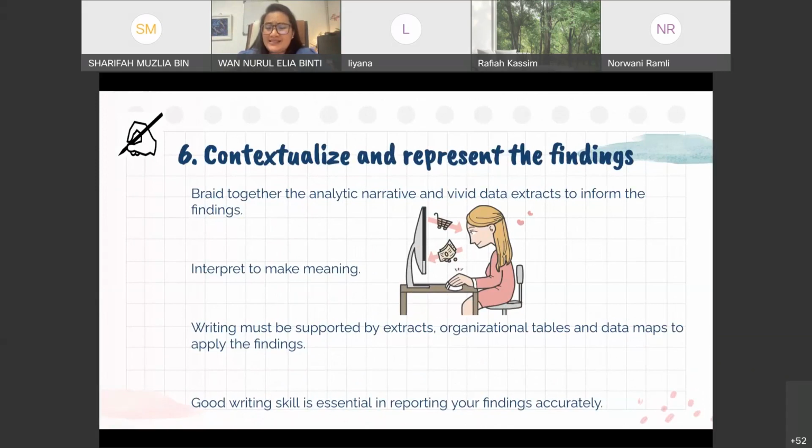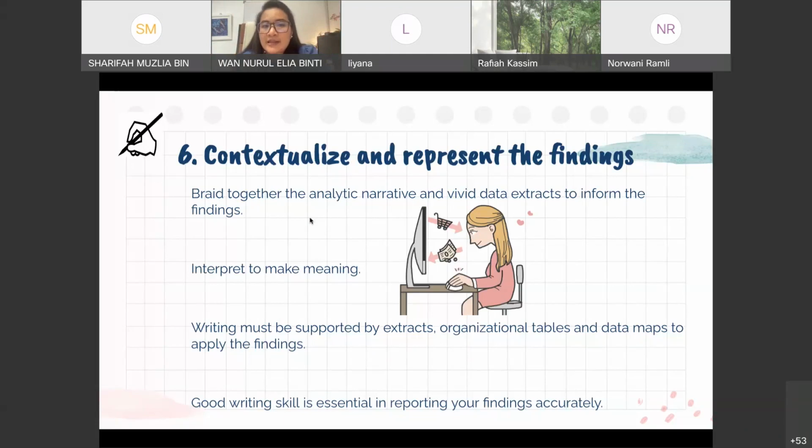So what you need to do in number 6, I would say the most challenging one, is that it's progressively becoming a little bit more challenging as you go along from number 1 until number 5. The first one is easy. The sixth one is the most difficult, I would say. Not difficult. Difficult is a very negative word. The most challenging is number 6. You need to be able to write well in order for you to represent your findings. Because when you talk about qualitative research, you need to be able to explain, you need to be able to justify, you need to be able to bring together the different types of data in order for you to answer the research question. All right.